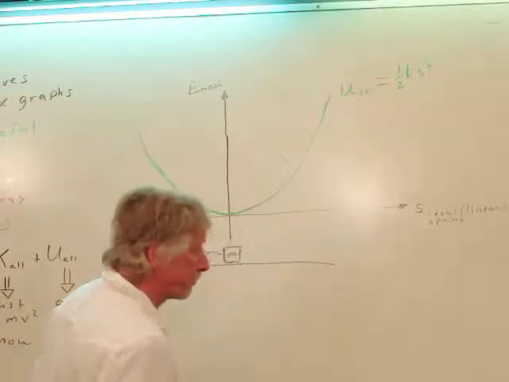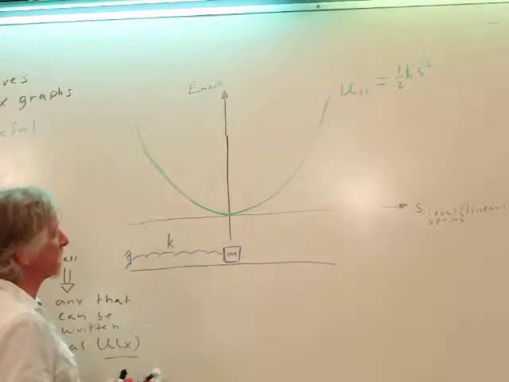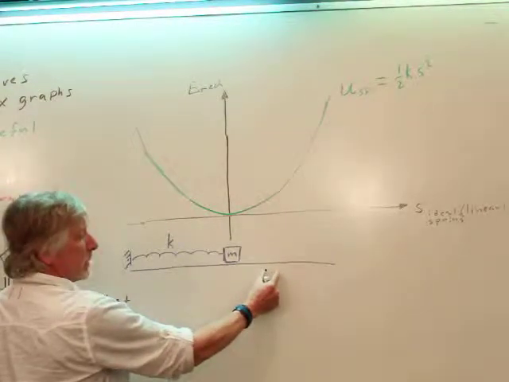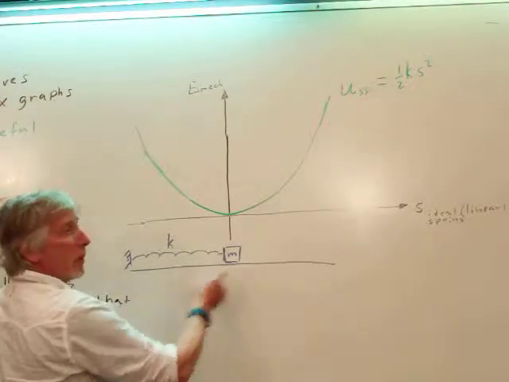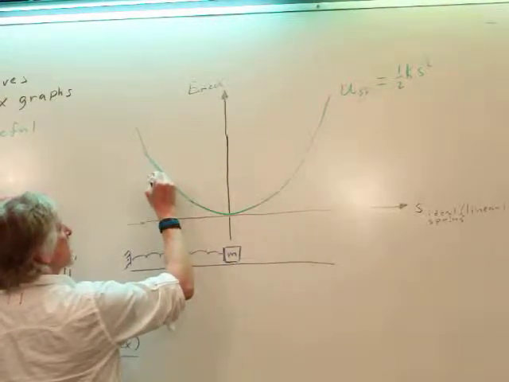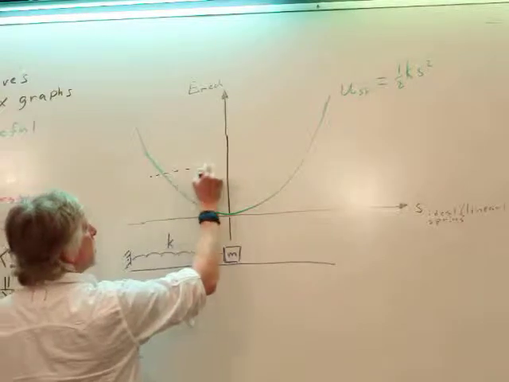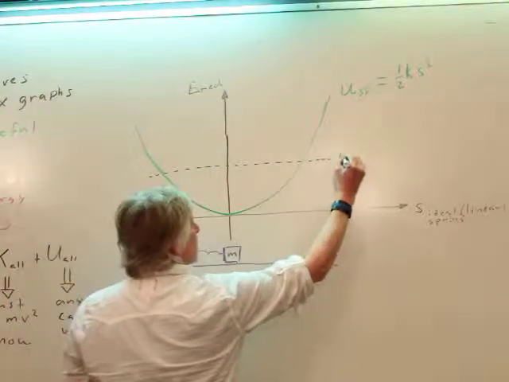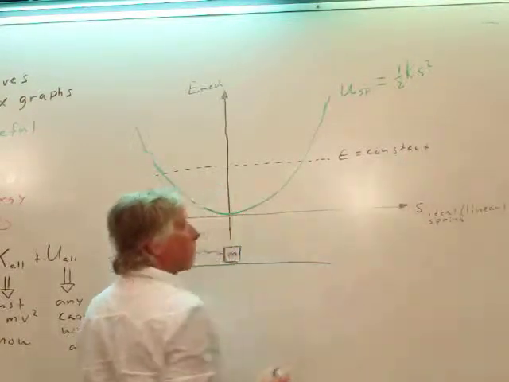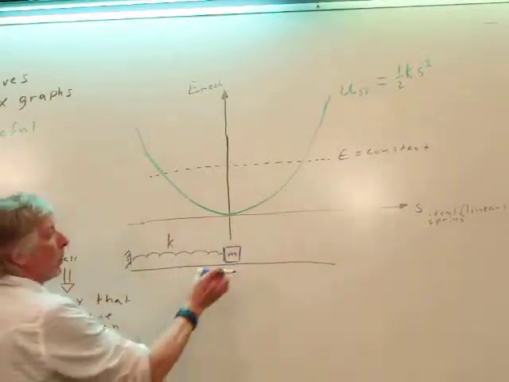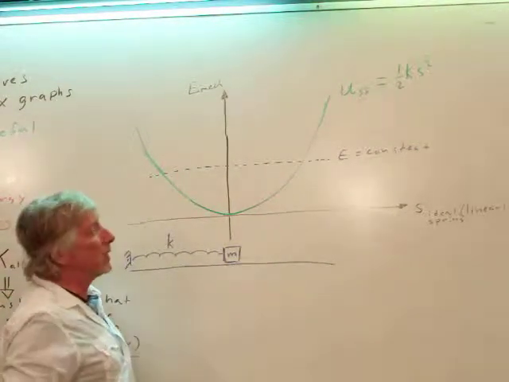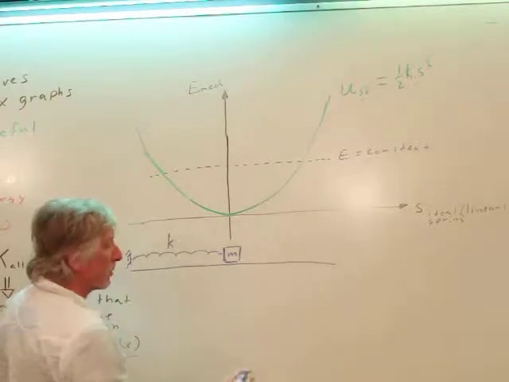as at any level. Okay, so I can say, for example, here's my spring, and I could stretch it a certain amount and let it go back and forth. And notice what happens. If I, for instance, stretch it this amount, if the energy is here, then I've got an energy equal to a constant. Well, what's happening? I stretch it out and I let it go. So is there any kinetic energy? No, remember that energy